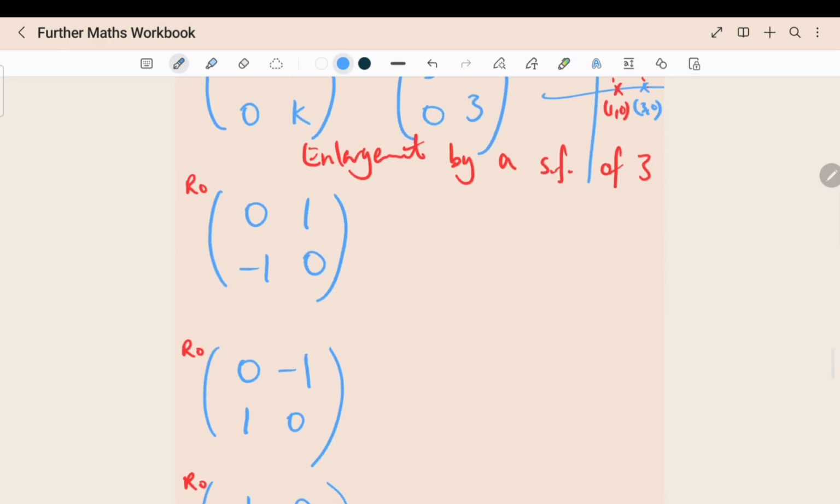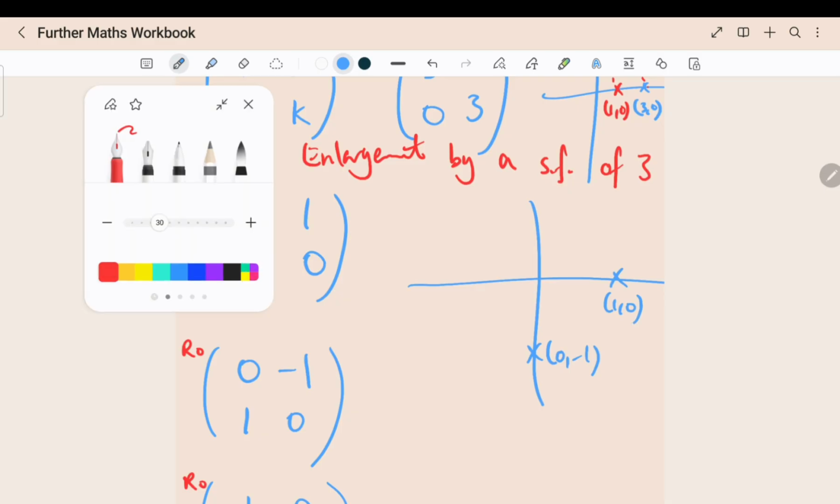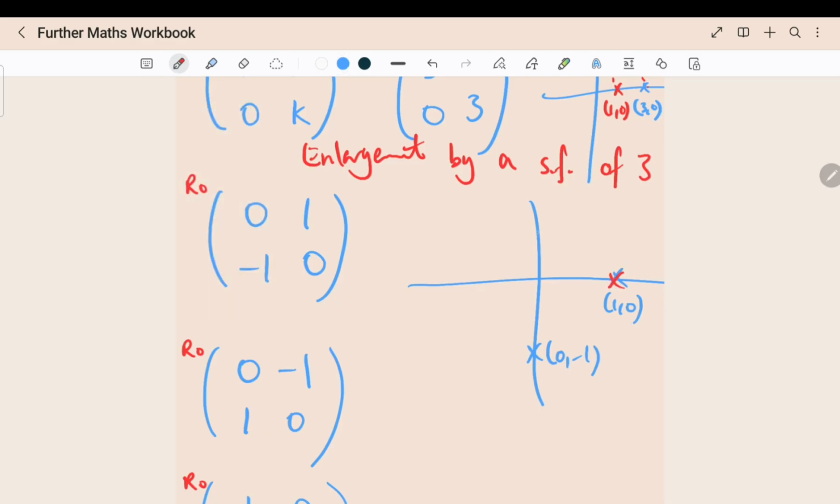So we can also do it for rotation. So 0, minus 1 is here. 1, 0 is here. But my normal identity matrix is at 1, 0, 0, 1. So because we have 1, 0, 0, 1, my 1, 0 has gone to 0, minus 1, and my 0, 1 has gone to 1, 0, which means it's a rotation clockwise about the origin, about 0, 0